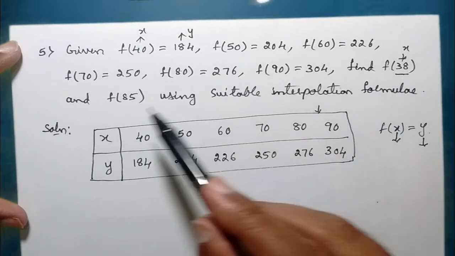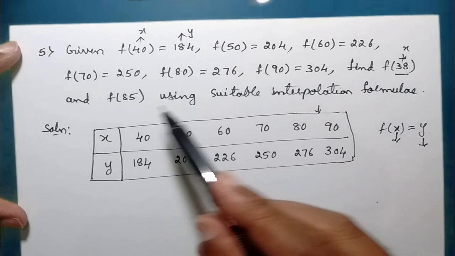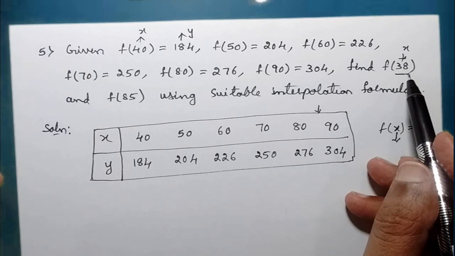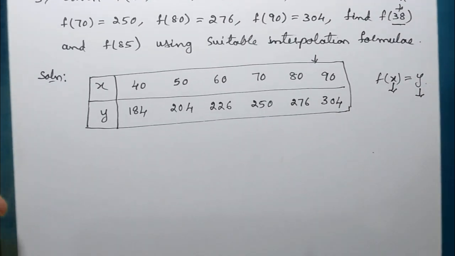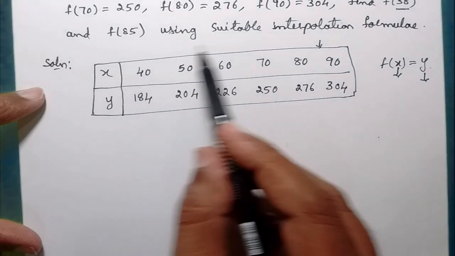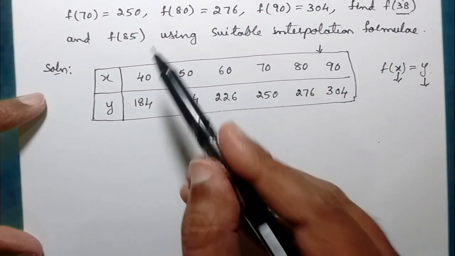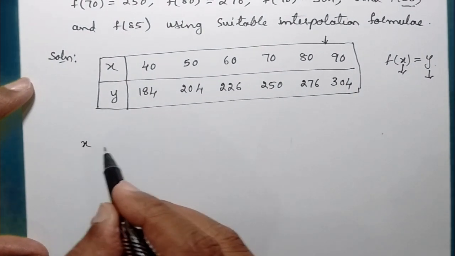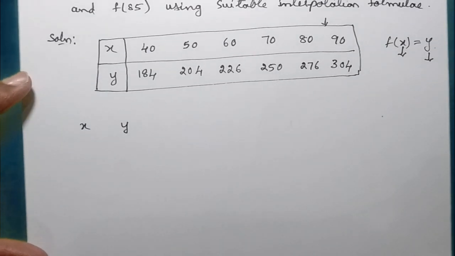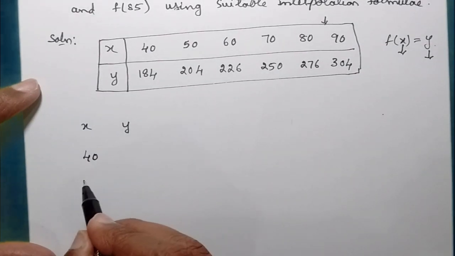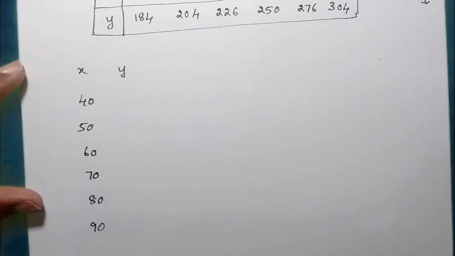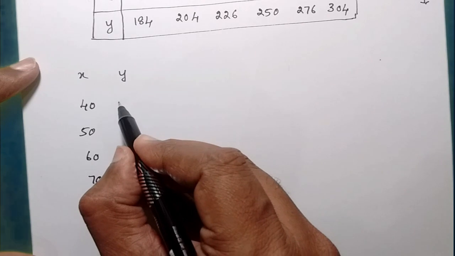So two separate values are given. For one I have to use the Newton's forward, and for the second I have to use the Newton's backward. So because there are two values that we need to find, I will not be preparing two separate tables. Only from one table I will try to use both the forward as well as the backward interpolation formula. So let us prepare the table now. So x values are known and y values are known. So write down the values of x over here. X values are 40, 50, 60, 70, 80 and 90. So these are the values of x you have. So write down the values of y which are known.